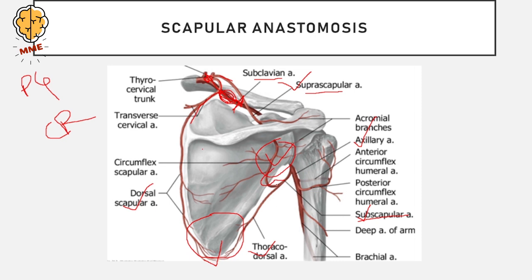Okay. Now this subscapular artery will continue as the thoracodorsal artery, and the transverse cervical will continue as the dorsal scapular artery to anastomose at the lower border of the scapula. So here comes the anastomosis, which is important in your PG entrance examination due to cervical rib, because there is occlusion in the subclavian artery and we require collateral circulation, otherwise the patient will undergo ischemia.